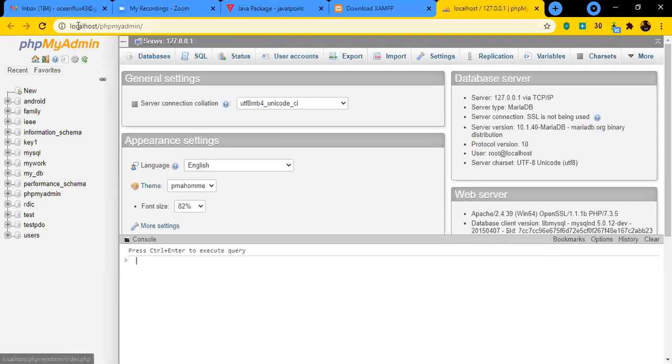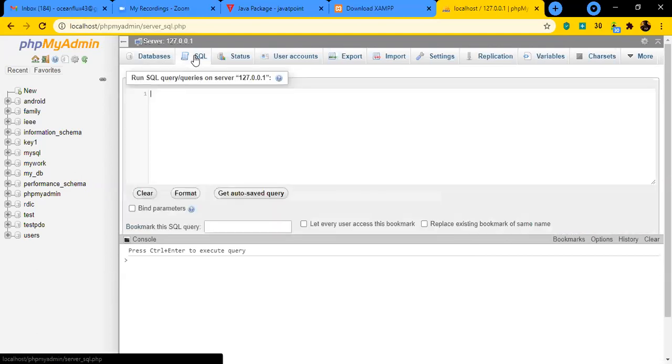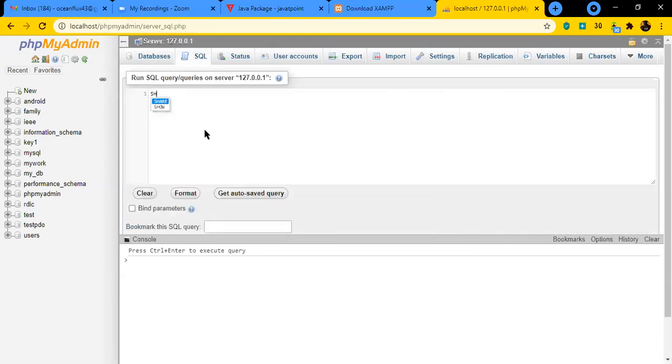This admin working on a local host is helping us to work on our database. So directly you can say show databases. Just put a semicolon over here.